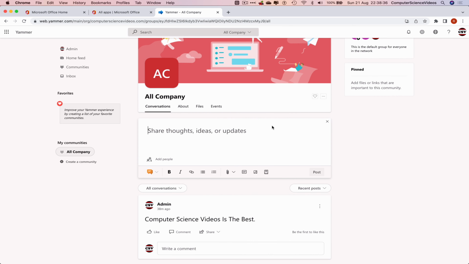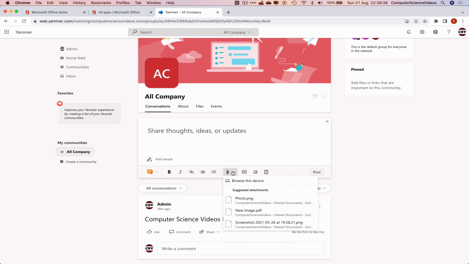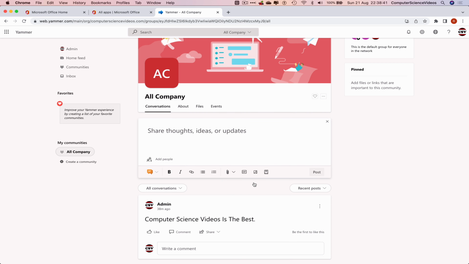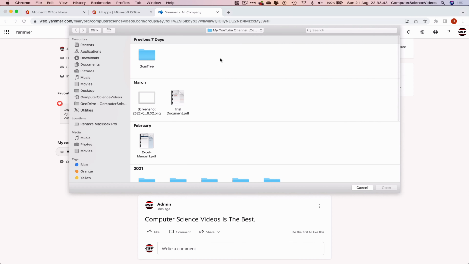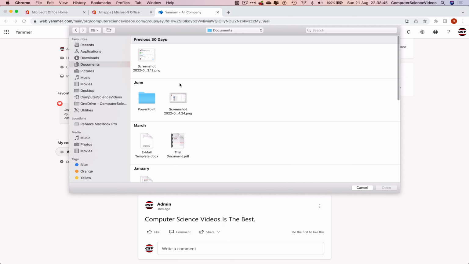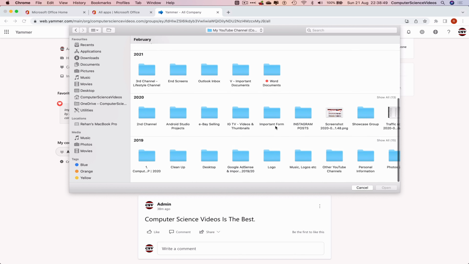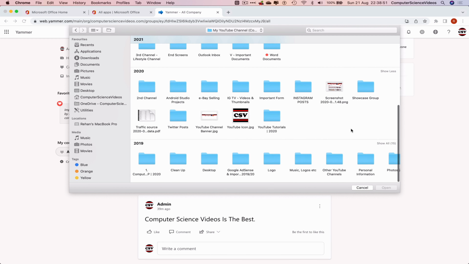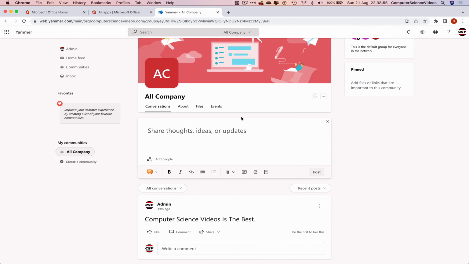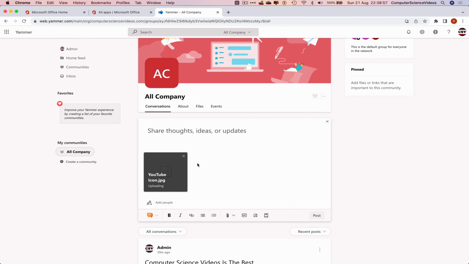So if we share thoughts and ideas, if we now browse this device to select a photo which we wish to upload, if I go to documents, scroll all the way to the bottom, click on my YouTube channel, locate the YouTube icon for the brand and the business for Computer Science Videos and upload this. That is now uploaded. If we now hashtag Computer Science Videos,